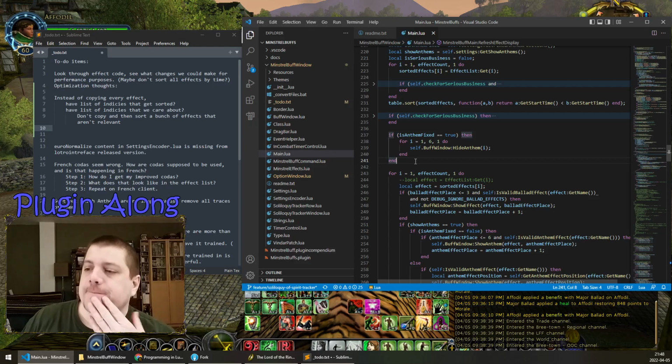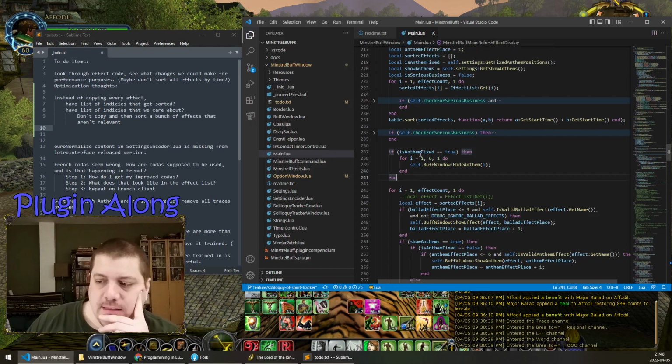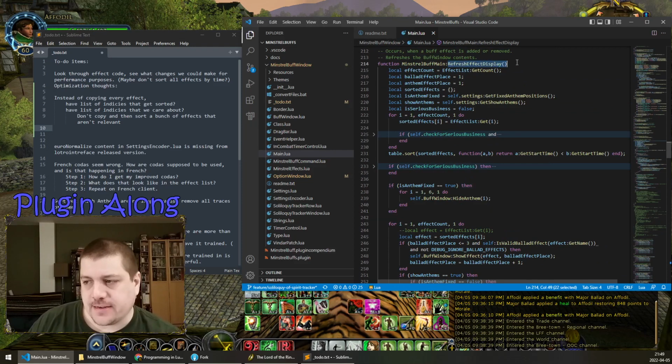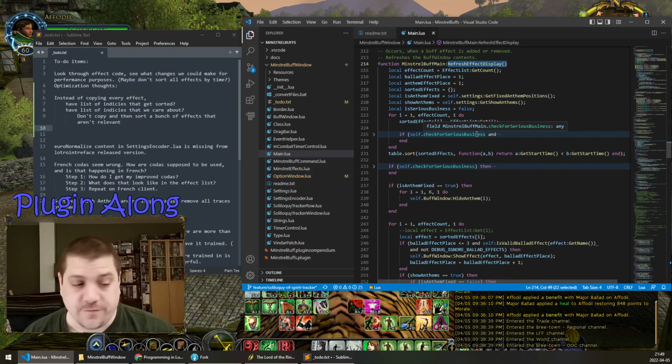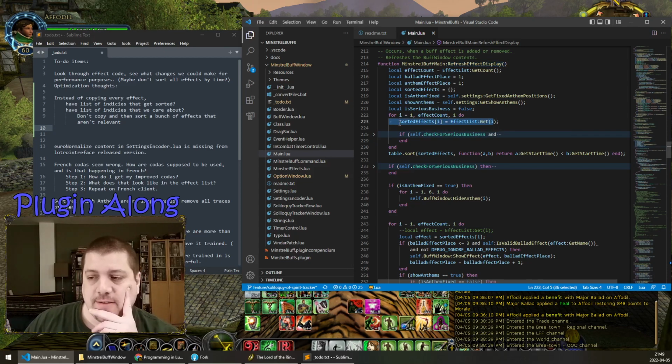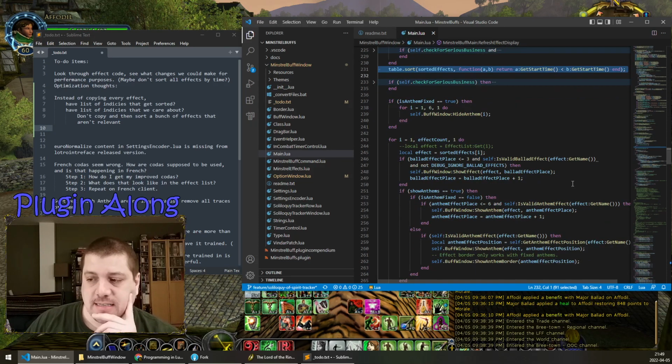Hello Thurlor. I am looking through the core loop of the MinstrelBuff plugin, the refresh effect display, which is called every time an effect is added, removed, or changed. And I'm noodling on some things that could maybe improve performance. As we were just saying, the first thing we do is copy all the effects into a different table and then sort that table